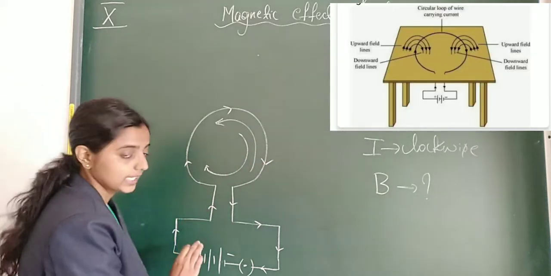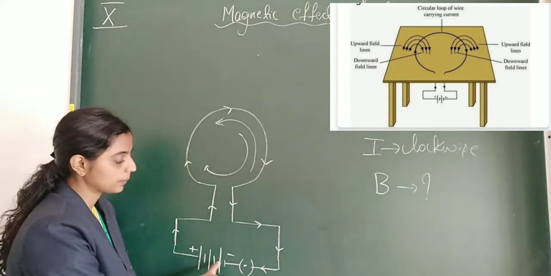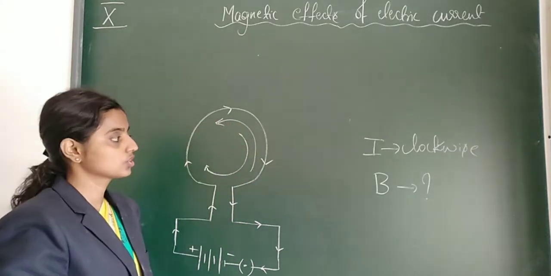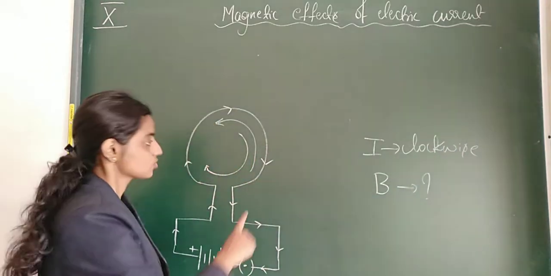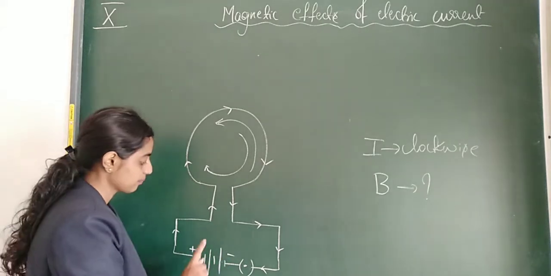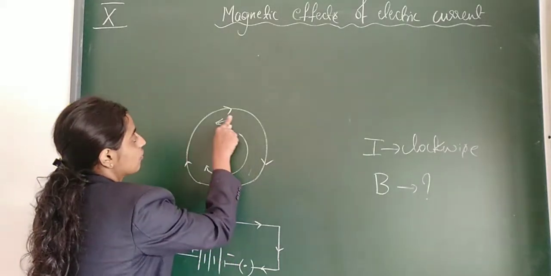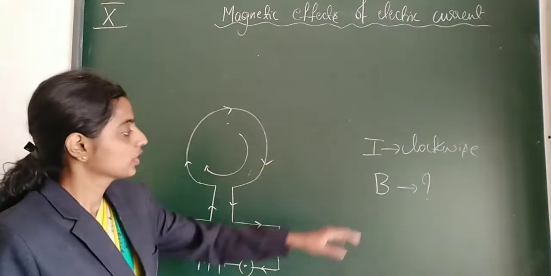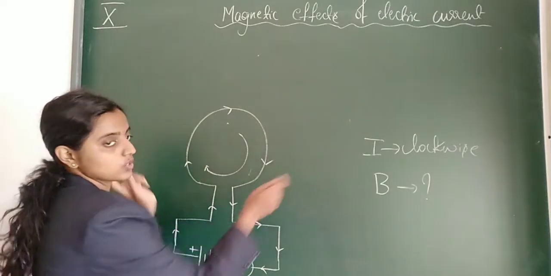Hope you understood. In case we took the positive terminal here and the negative terminal here, what happens? Current will start flowing from here, so that is anti-clockwise. You should be able to draw the diagram even if they give anti-clockwise. If they give anti-clockwise, then we should change these terminals. Now we have the positive terminal here, which shows the direction of current in the clockwise direction. So now what was our question? We need to find the magnetic field both inside the loop and outside the loop.